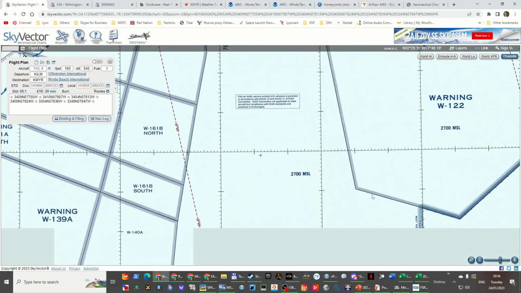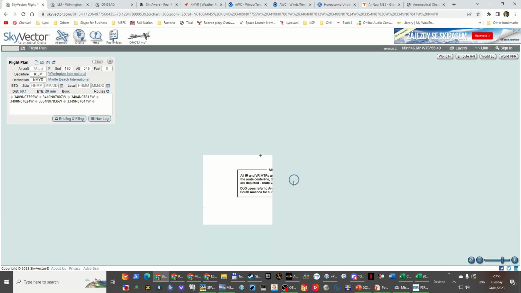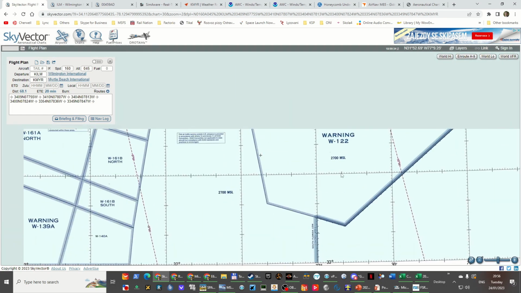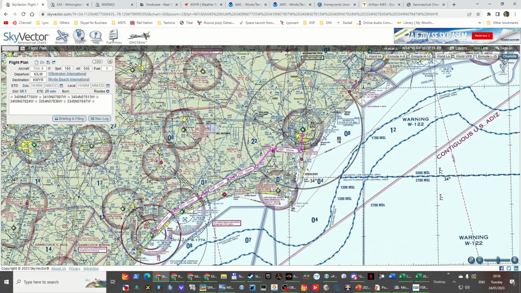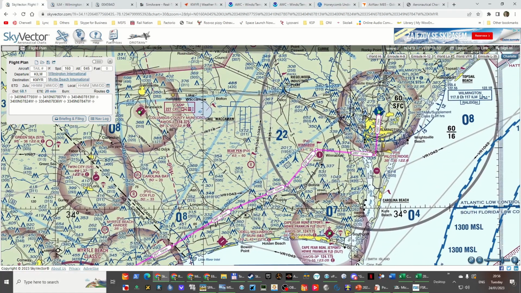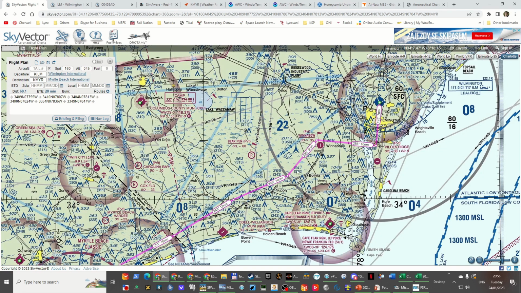written military training route, all IR and VR MTRs are shown and may extend from surface upwards. So there are no limits to the altitude. So you might even call ATC and ask them for a status on those routes, to be aware if there is anything, some fighters flying, that you need to watch